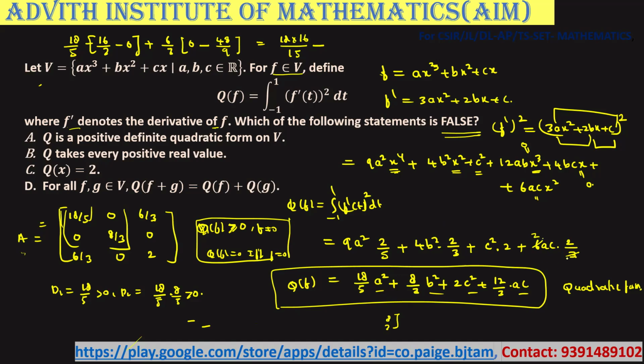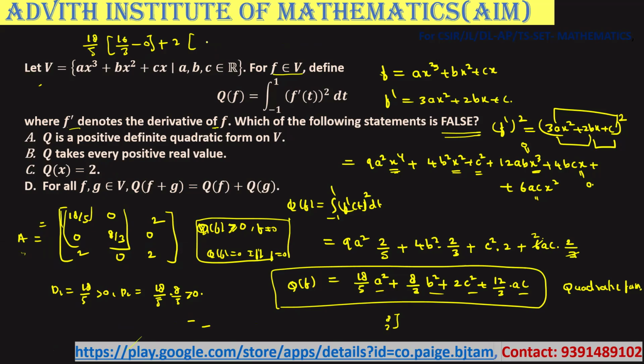2, 2 times 4. So 3 2s means 4 comes. This is 2, right? This is 2 only. 6 by 3 is 2 only, right? One minute. This is 2, this is 2. Now find the date, it becomes easy. So therefore 18 by 5 into 8 by 3 into 2, sir, that is 16 by 3 minus 0 plus 2